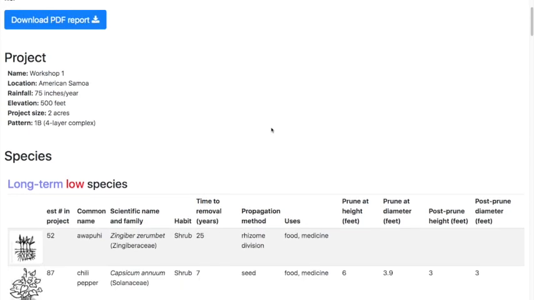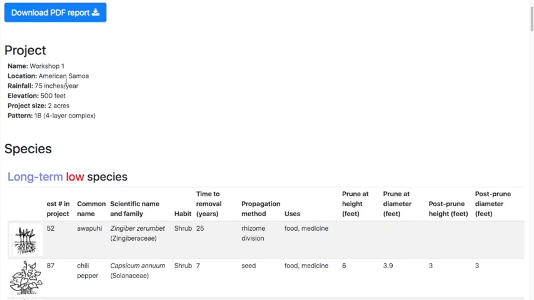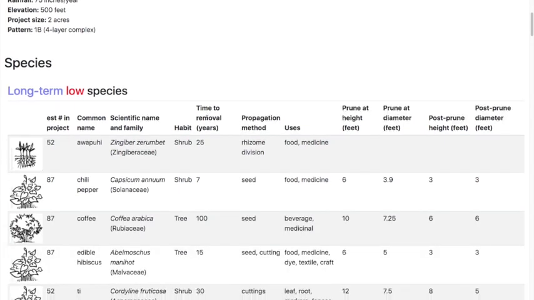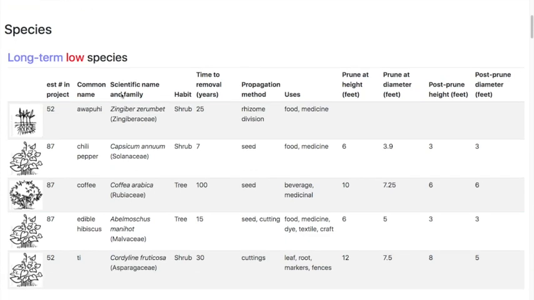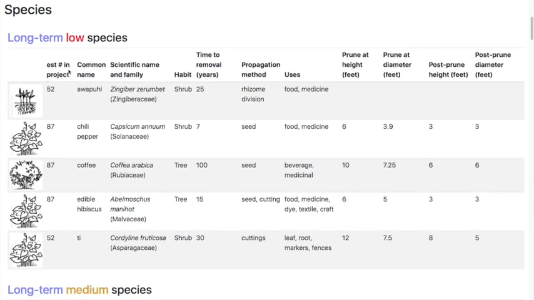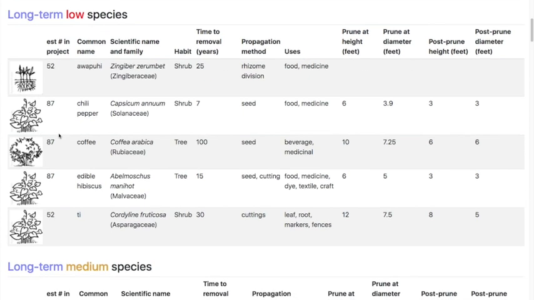Now here, you still have your project details at the top. We've gone ahead and organized the species list according to their term and stratification. And we've added the estimated total number of individuals of each species in the project here. So this is great to have if you need a shopping list to go to a nursery and get your germplasm.